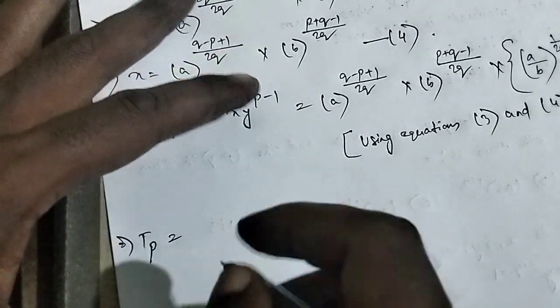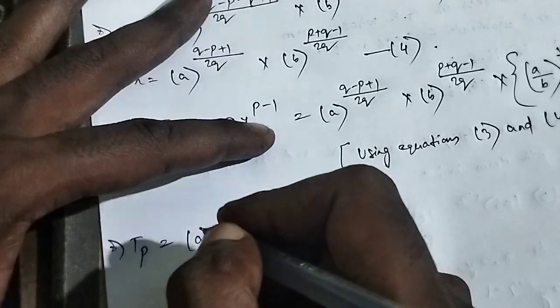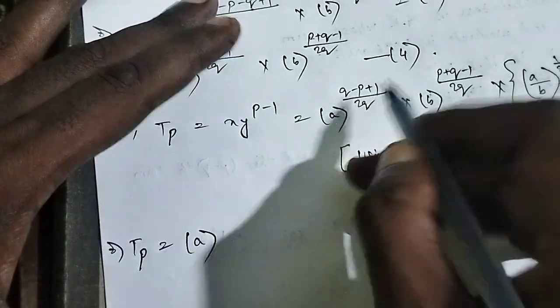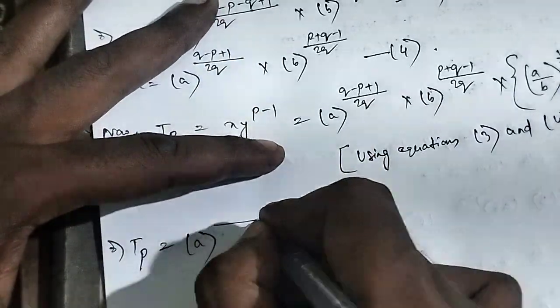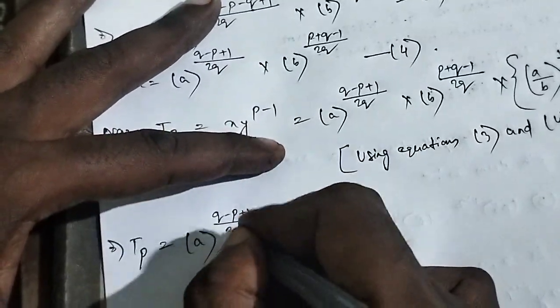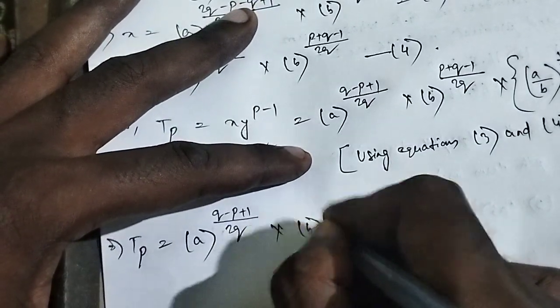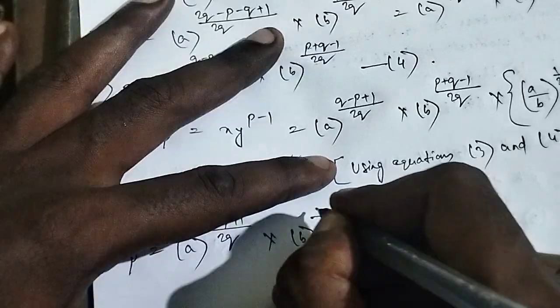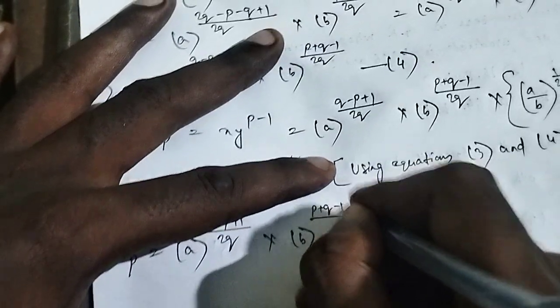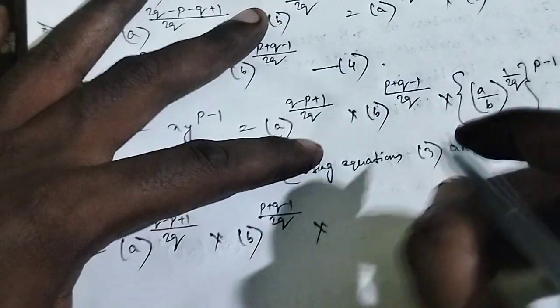Okay, so a to the power q minus p plus 1 by 2q into b to the power p plus q minus 1 by 2q. Okay, into